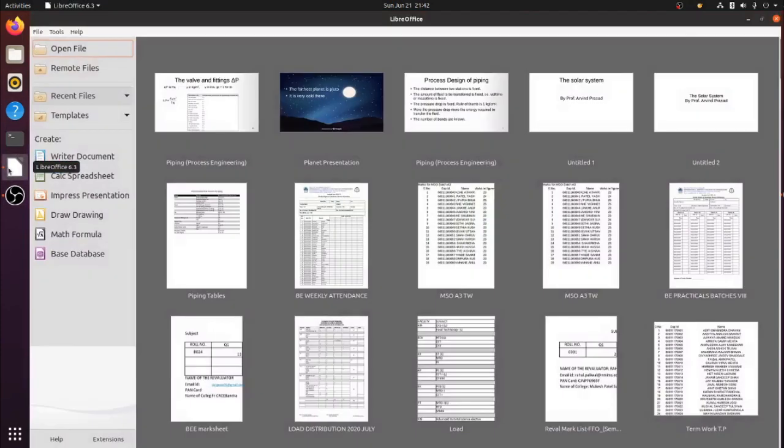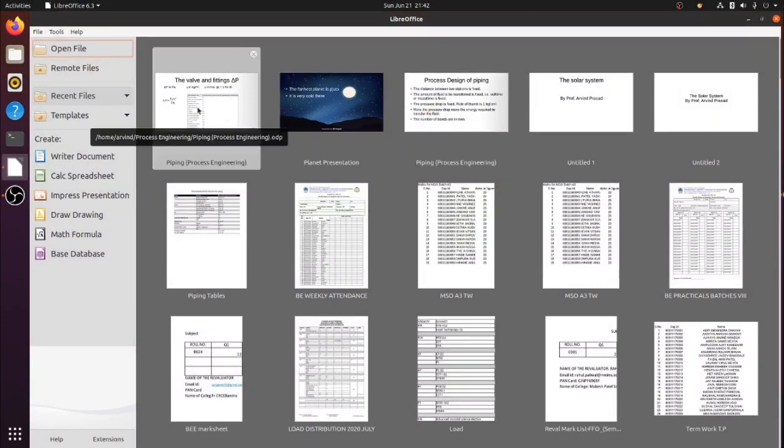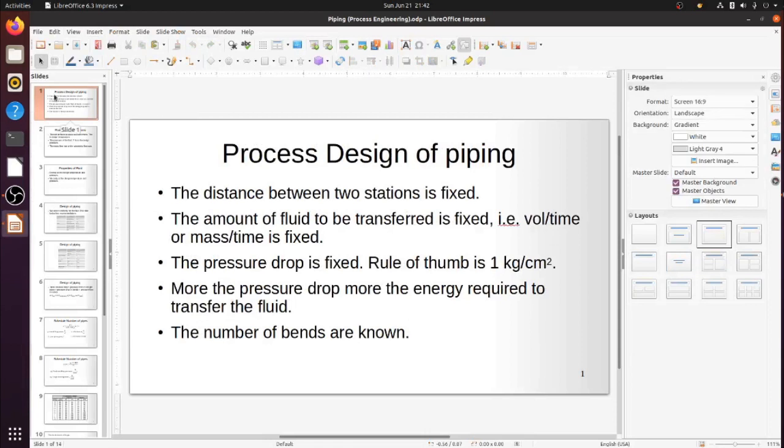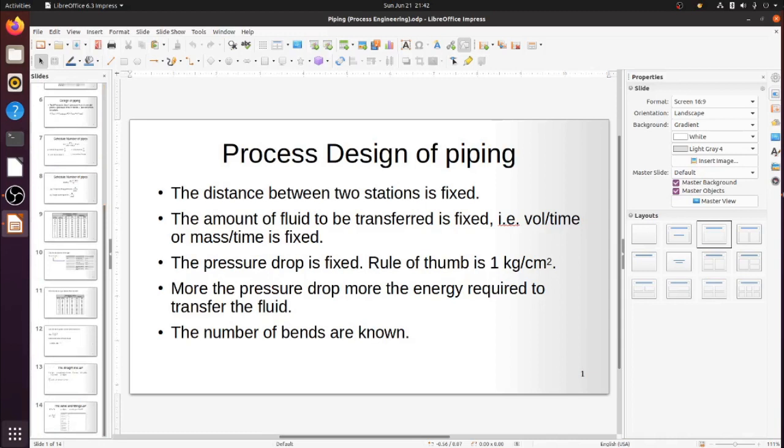Open LibreOffice. I have already made a presentation, so I shall open it. As you can see, my presentation has in total 14 slides.